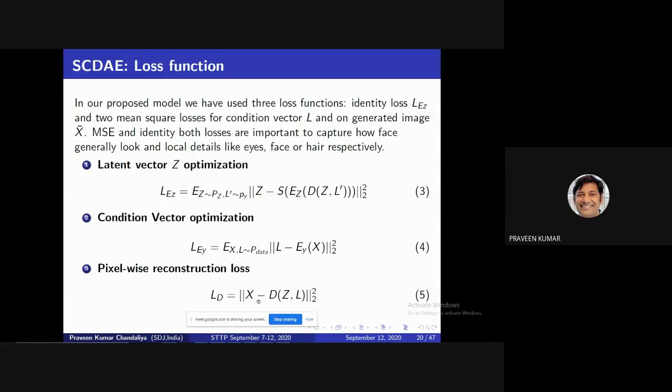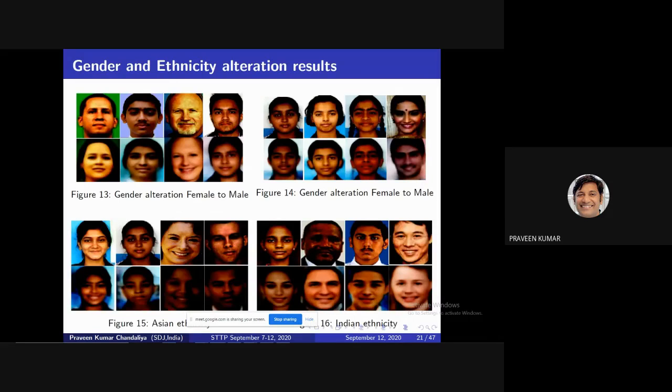I have used three loss functions in this model, and the results are not prominent. This is the major drawback of this model, because I designed this model with the help of the autoencoder concept, or this is the major limitation of autoencoder. Dimensionality reduction has a major limitation, meaning you lose data. Information can also be lost. This one is female to male. This one is male. This one is female. This one is an Indian male. This one is female, Indian girls. Same. One more important thing, age is not changing. This is very important.